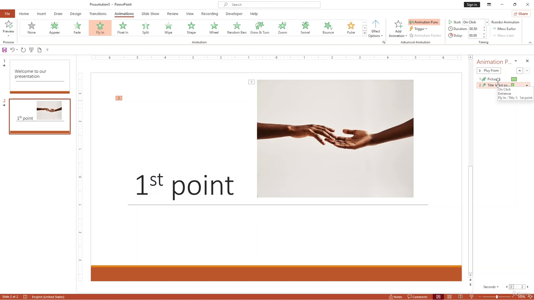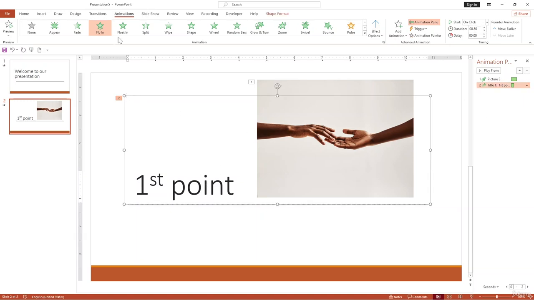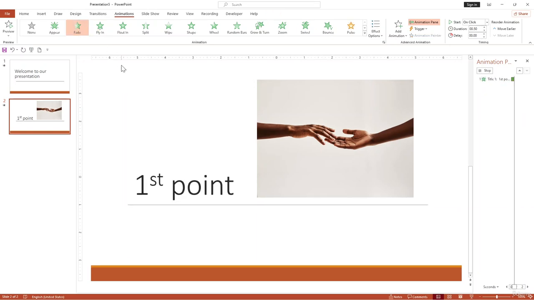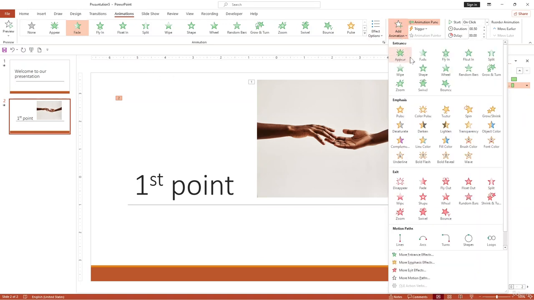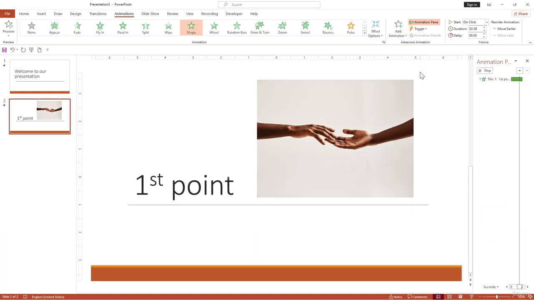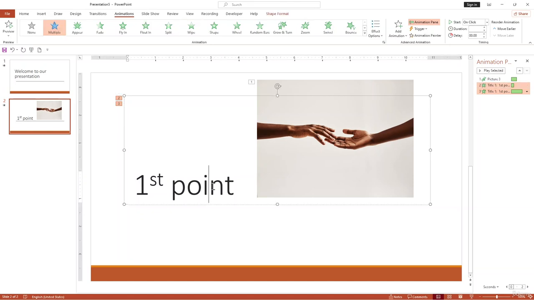you can reorder animations, adjust their timings, and add multiple animations to a single object. For example, let's add an effect to our text over here, and we can just easily use this one. And also we want to use the fly animation over here by using the add animation, like I can just easily use it over here. So now that we have added two animations to a single object,